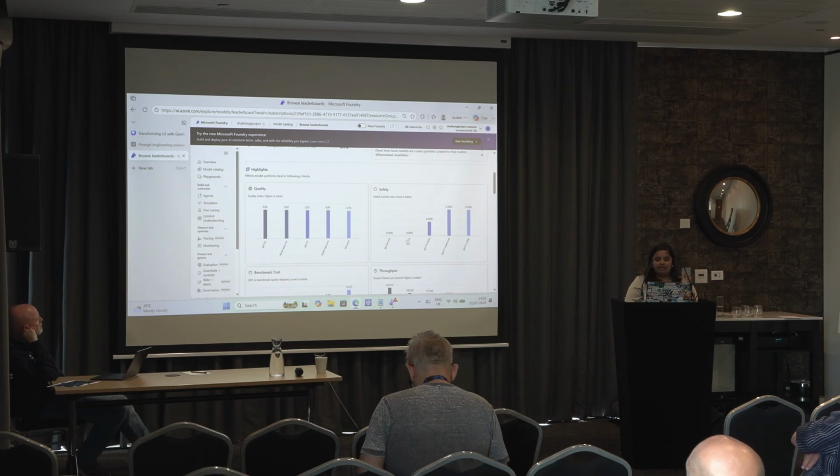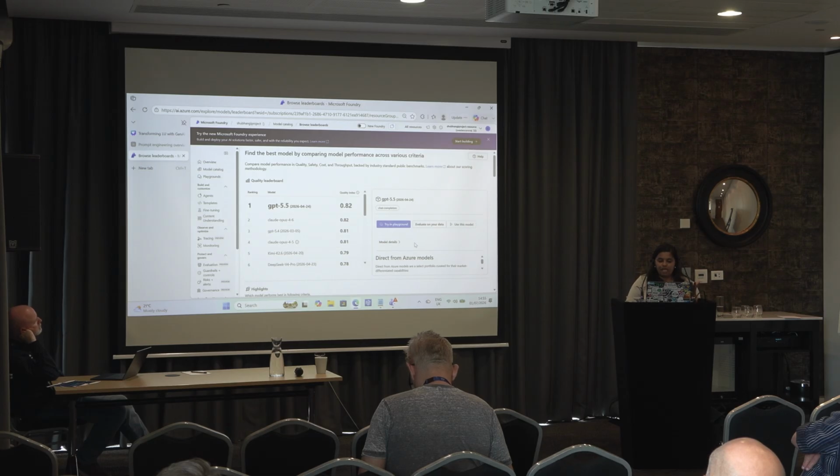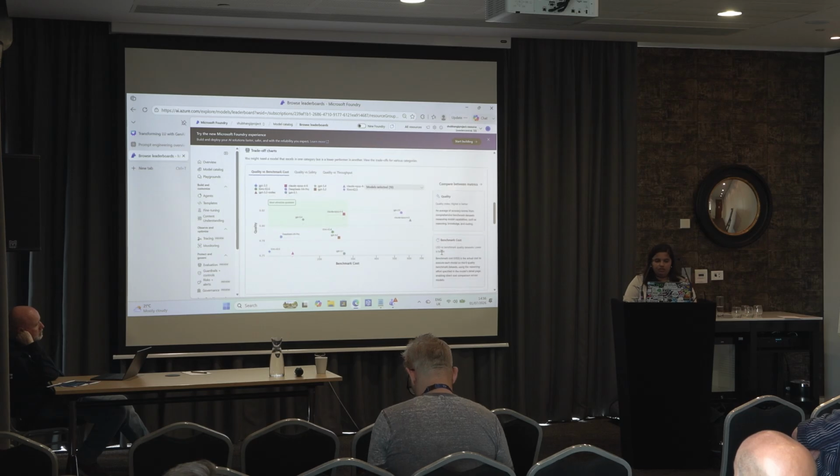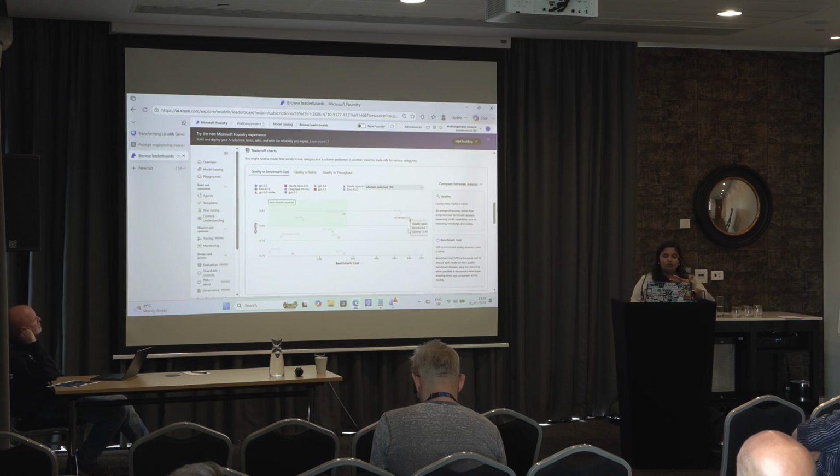So this is basically a good summary of what different models we have and which one you can use. And you can also evaluate this on your data. If you have a small set of data, you can evaluate that as well. I think there's one more thing I want to show here. On the bottom, there is a trade-off chart, which I personally find really cool, because in this one you can see trade-offs between two things. So if I want to prioritize quality for my application, but I probably don't want to prioritize benchmarking cost, I can see what trade-off I'm making with that.